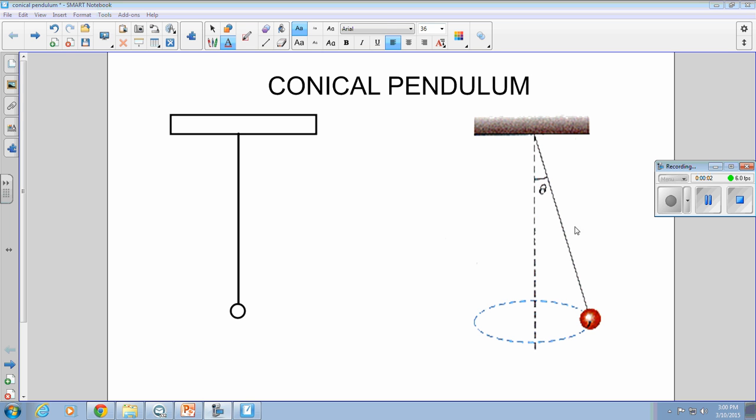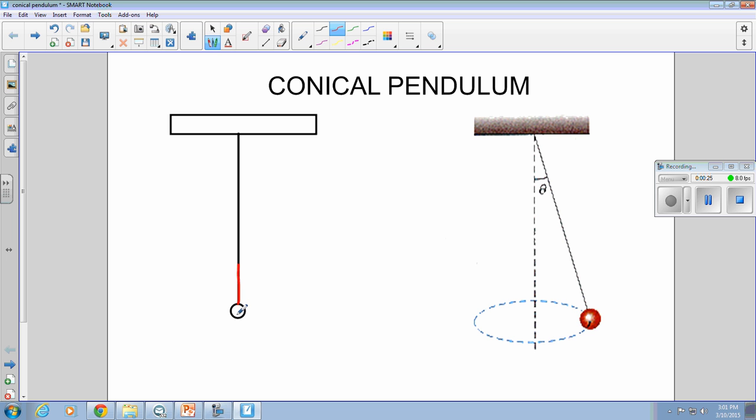We're going to talk about conical pendulums, and a good starting point is to look at what a conical pendulum looks like when it's just an object hanging by a string. And if we analyze the forces, one thing we need to note is that we've got two